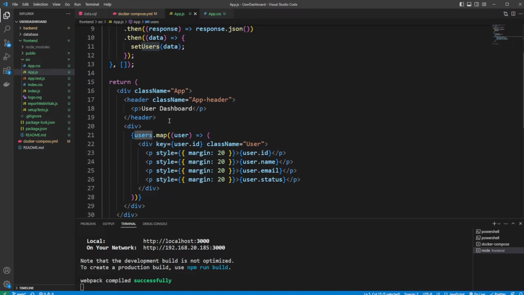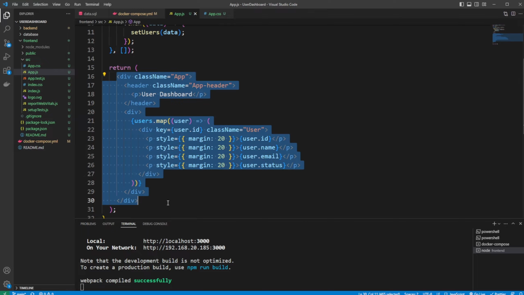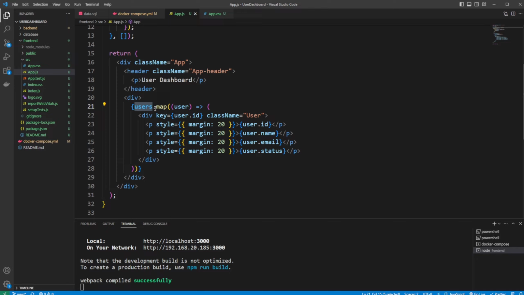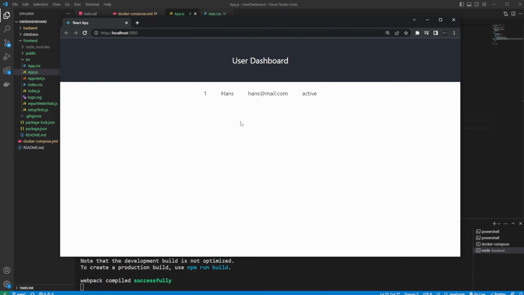When our web page is loading, we then return this setup, which first of all has some divs and a header containing our user dashboard text. More importantly, we have a div containing all our user information, which goes through all our users using a map, and for each user, extracts the ID, name, email, and status, and puts it into a p tag. And of course, I add some basic styling. Once again, I'm very much a backend developer, so you see it's very bare bones, very simple, but it simply allows it to be on a line and underneath each other,